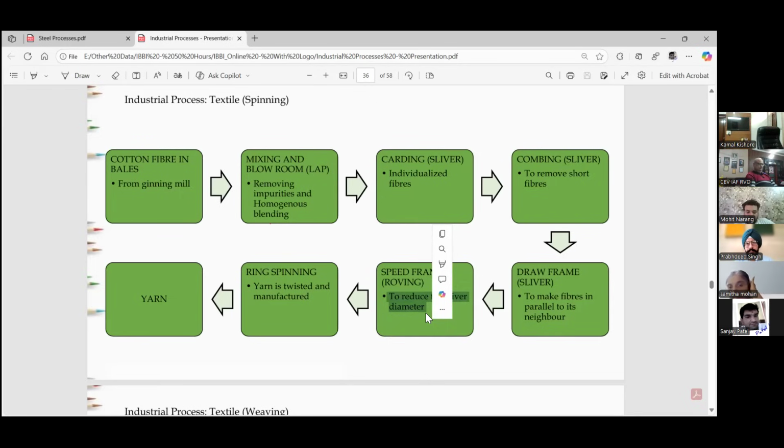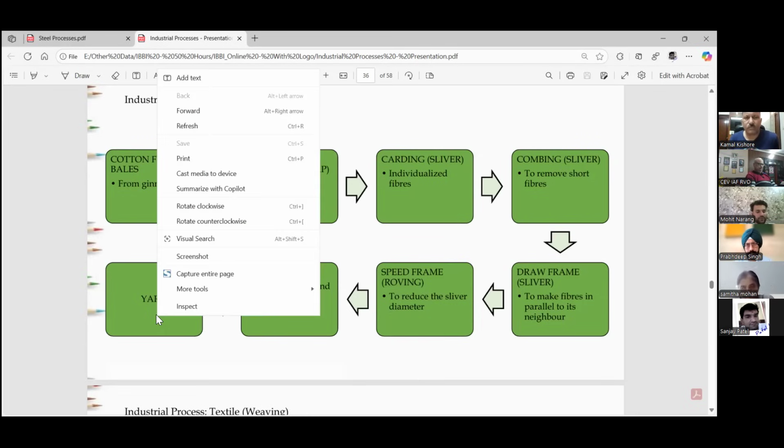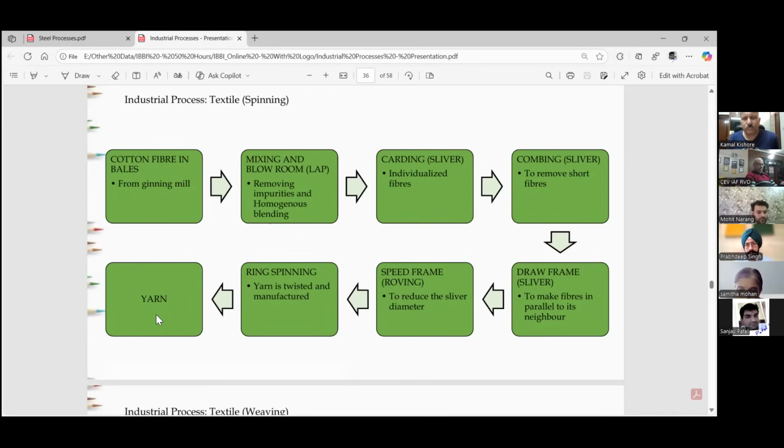Okay. From the speed frame, it goes to the ring frame. So all the raw yarn, we can say, goes to the ring frame where it is further twisted. So you are getting the strength and it converts into the yarn. Meaning in spinning, from cotton fibers, yarn is made, meaning raw thread is made, raw thread, right? So